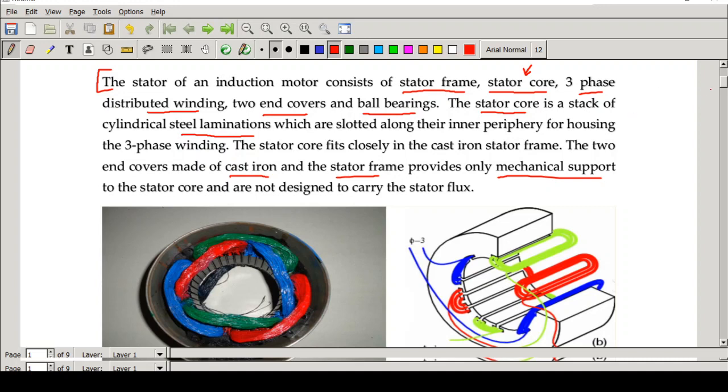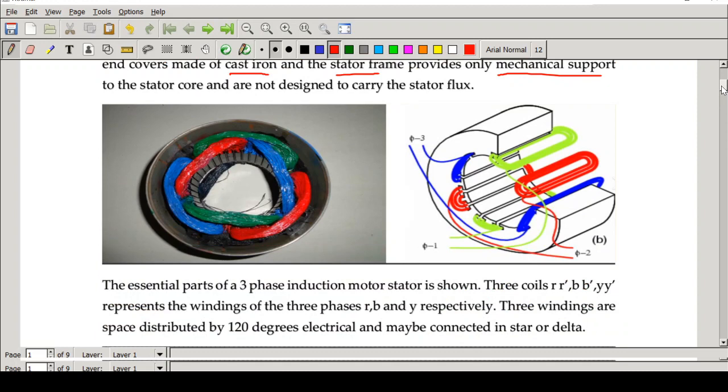Now you can see a cross-sectional view of the stator of a three-phase induction motor. Here you can see three colors, right? There are three windings. We are providing a three-phase AC supply, so in the stator there are three windings. You can see here, this red one we can take as the R phase. Then there is a blue phase. And this can be taken either as the yellow phase or the green phase. We will take it as the yellow phase. This is the blue phase. So this is another arrangement of the three windings.